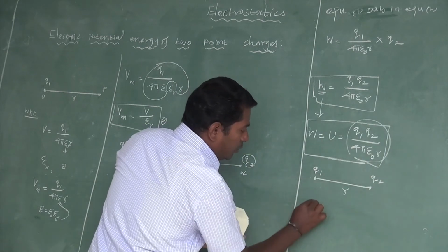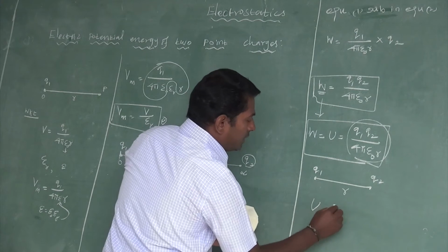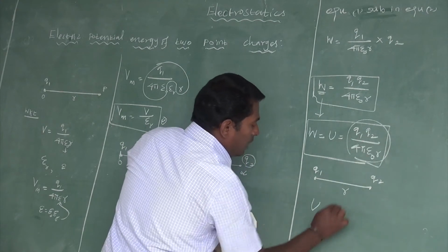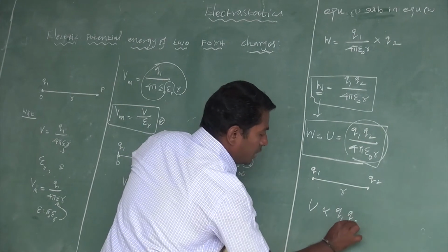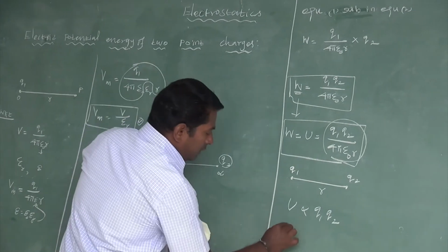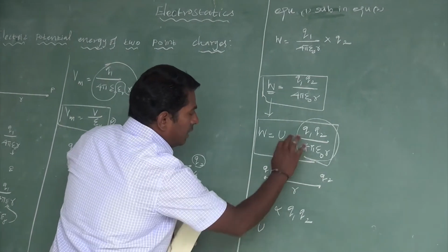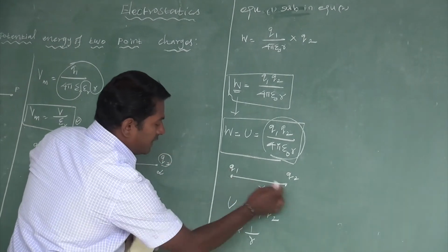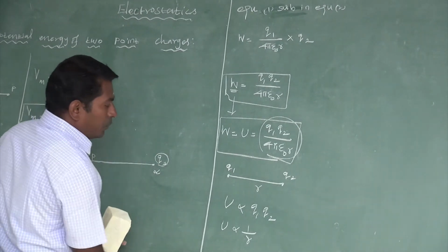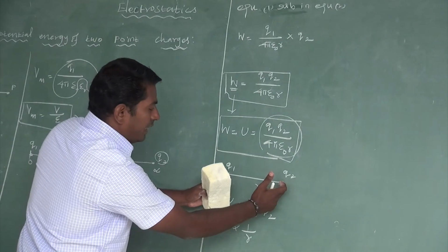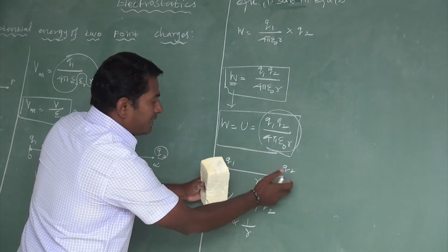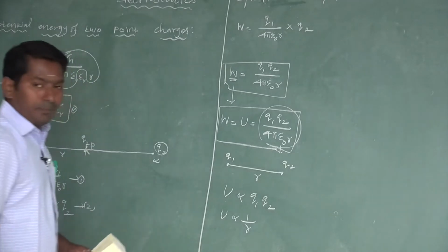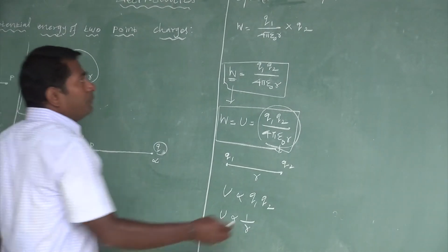This electrostatic potential energy between two charges is directly proportional to the magnitude of the two point charges Q1 and Q2, and inversely proportional to the distance between the two charges, and it also depends upon the medium. Next,